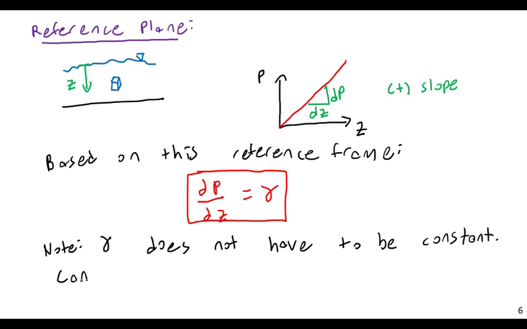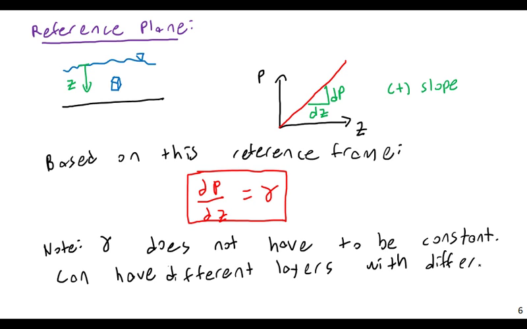You can have different layers with different gamma, with different specific weights, or you could even have a fairly compressible fluid, and you'd have a gradually increasing gamma as you went deeper in depth. Although for our cases today, we're only going to be looking at different layers with different gamma values, different specific weights. Okay,